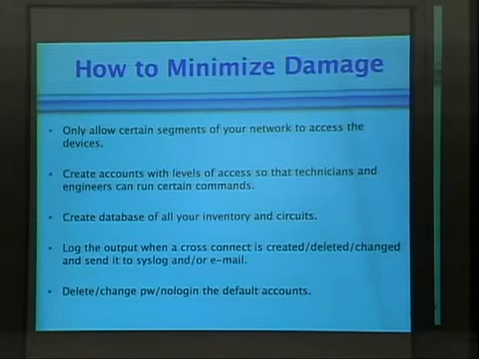How can one minimize potential damage? Here are some of my following suggestions. Only allow certain network segments to access the devices, most likely through a firewall, a router access list, or a bastion host. Create logins with various levels of access as needed if your equipment does that. Some TL1 equipment does not allow you to do that. Once you are in,